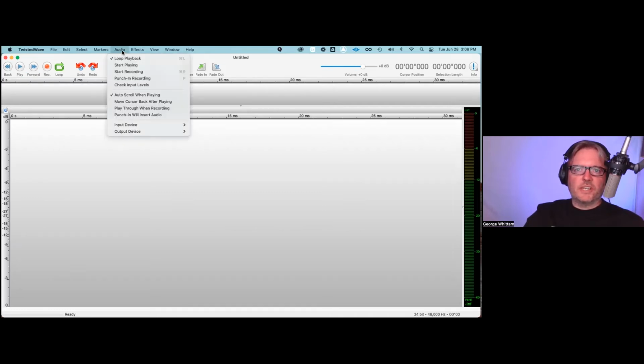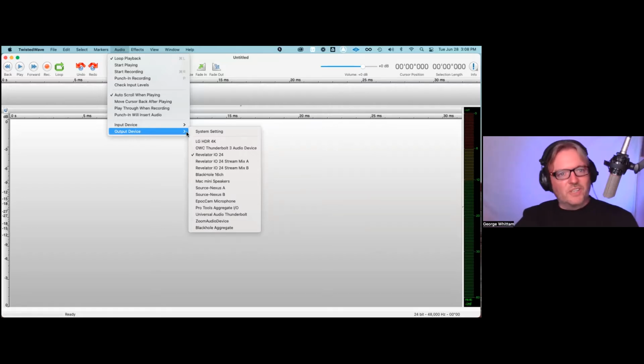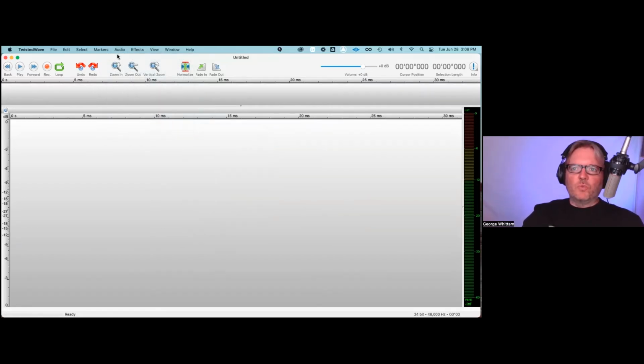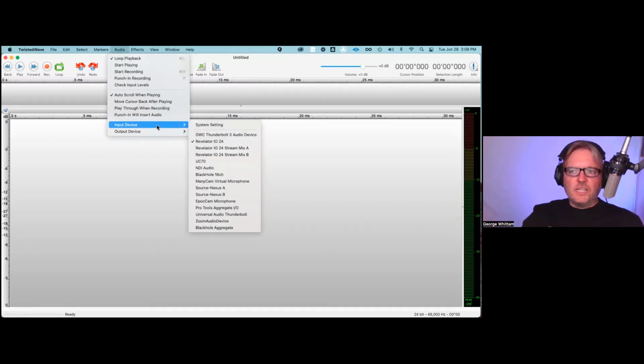Always start by checking your audio inputs in TwistedWave before hitting record. Make sure it's set to the input you want to use. And output is good to check too, because when you hit play, you want it to come out the right place, right? TwistedWave actually will now remember what that setting was. So the next time you launch TwistedWave, if the setting you used prior isn't the one that's selected, or more importantly, if the hardware is not connected,